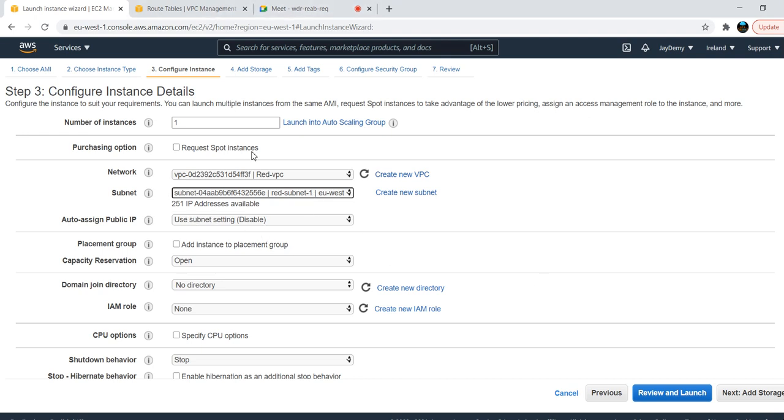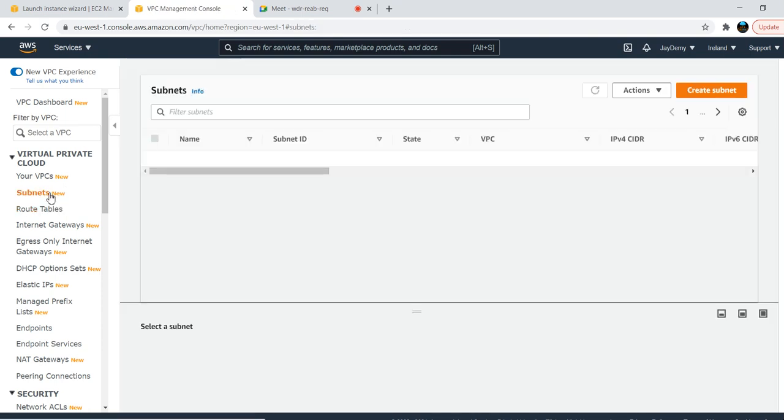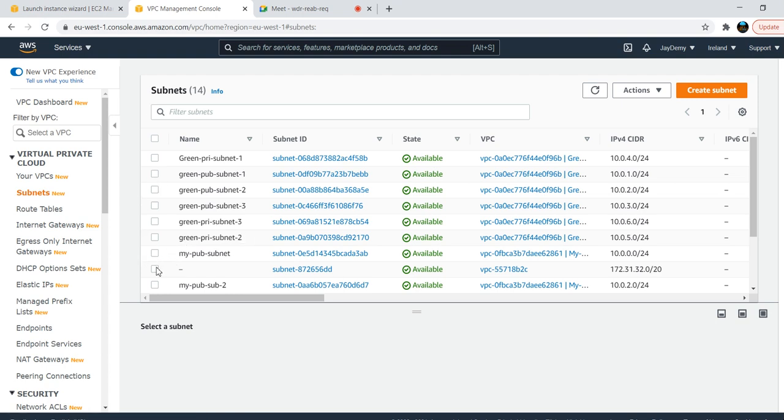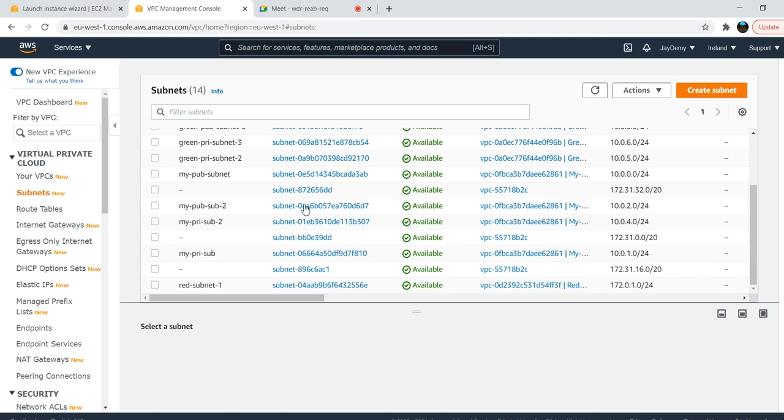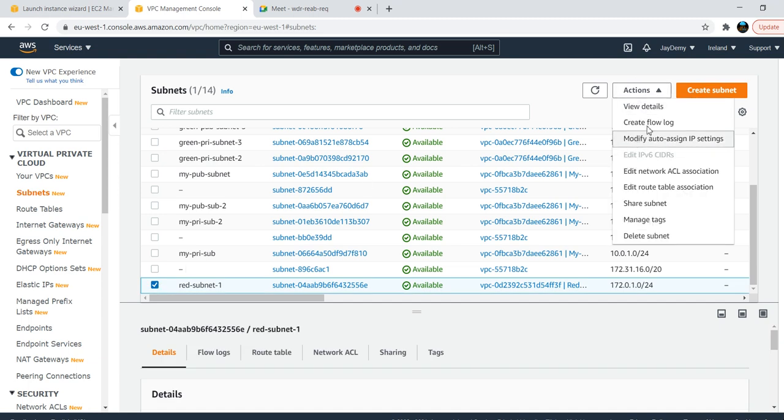Yesterday I mentioned, right, that in the subnets, after we create the subnet, we need to enable auto-assign public IP. You need to enable that, or else we won't get a public IP by default.